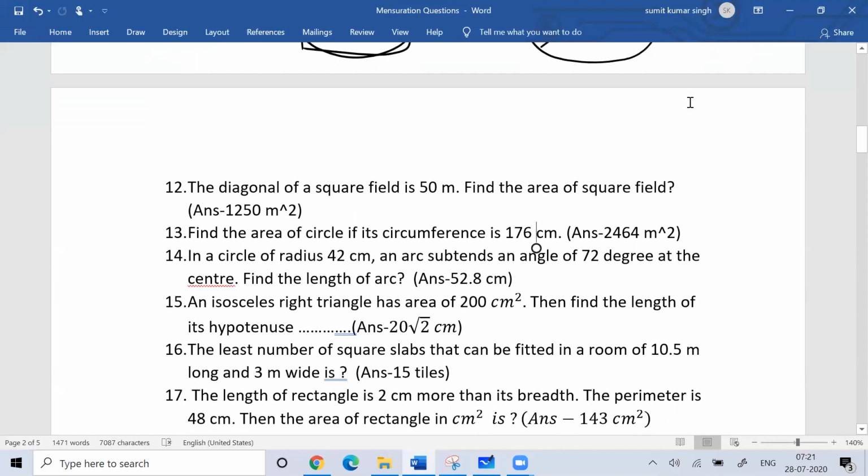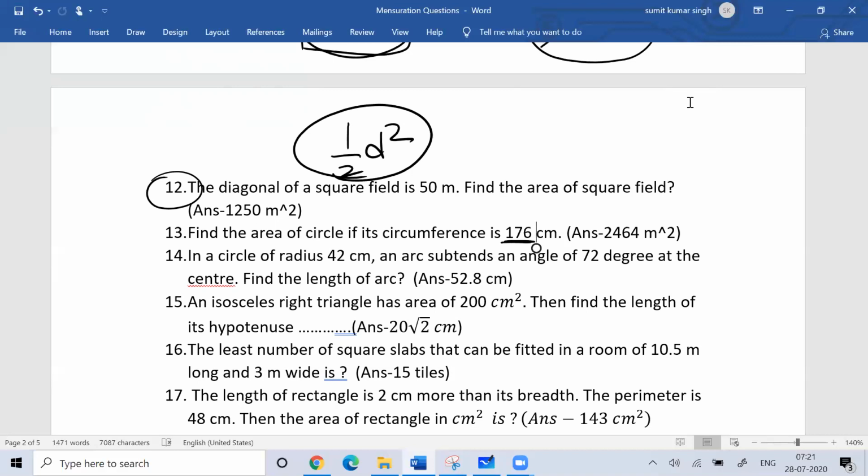So I believe you have gone through my first session on mensuration, and then you are watching this session. Then it would make more sense, because the questions I did in the first session were purely application based, using the formula to get the answer. Then the area of circle if circumference is given, and the diagonal if the square is given. So what is the area if I give you the diagonal? The area of square formula is half into diagonal square. So you can get the answer.